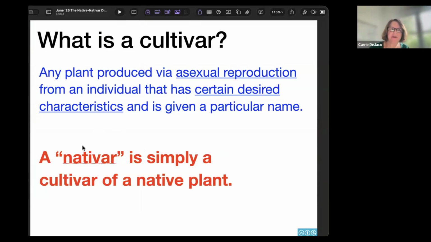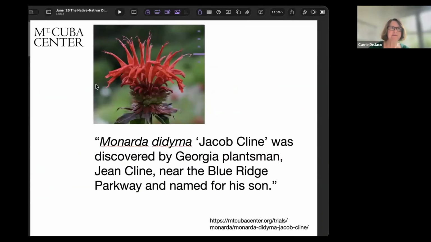Okay, so going back here now, we've got what a cultivar is, we've got what a native plant is. A nativar is simply a cultivar of a plant that is native to an area. That's the entire definition of a nativar, okay? It just means that it's a cultivar of a native plant. To give you some examples, this is from the webpage for the Mount Cuba Center up